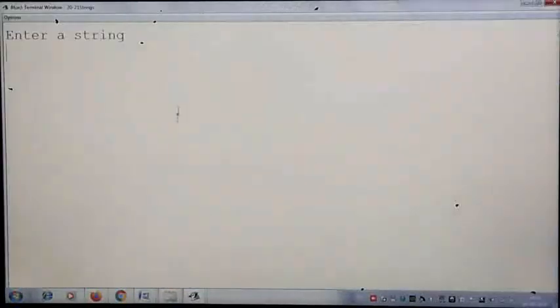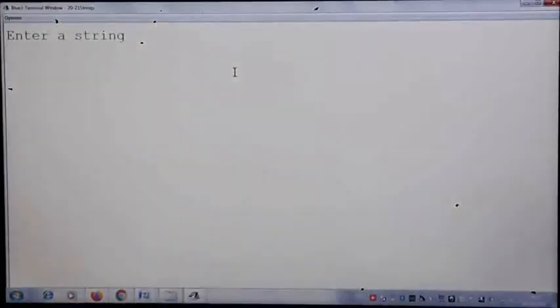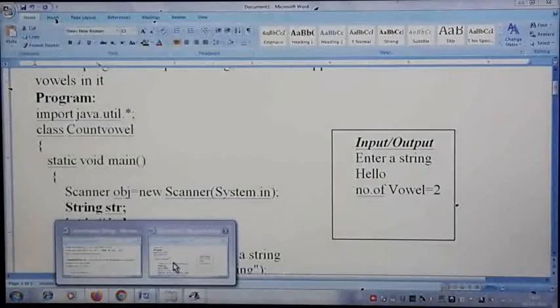See here, we are getting Enter a string. Let me give the value as hello. Even if you give it in lowercase, it is converted to uppercase, and accordingly we get the number of vowels. You can try with any input, because every time you are reading the input. Whatever data you want to give, you can type it and check. Now also there are 2 vowels. You can check like this. So this is how exactly we count the number of vowels in a string.